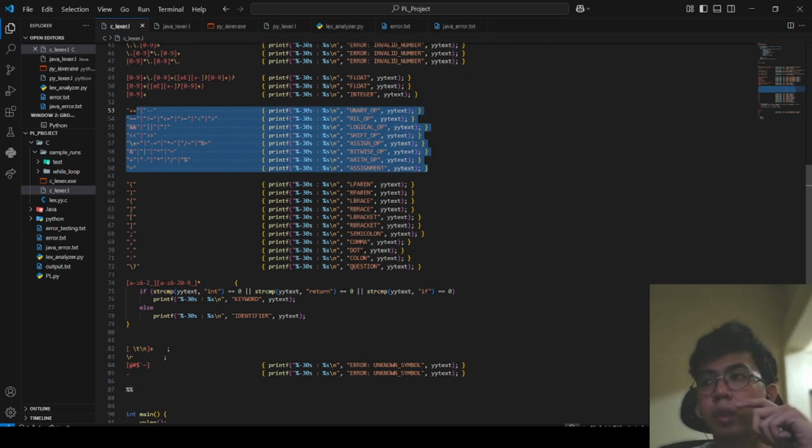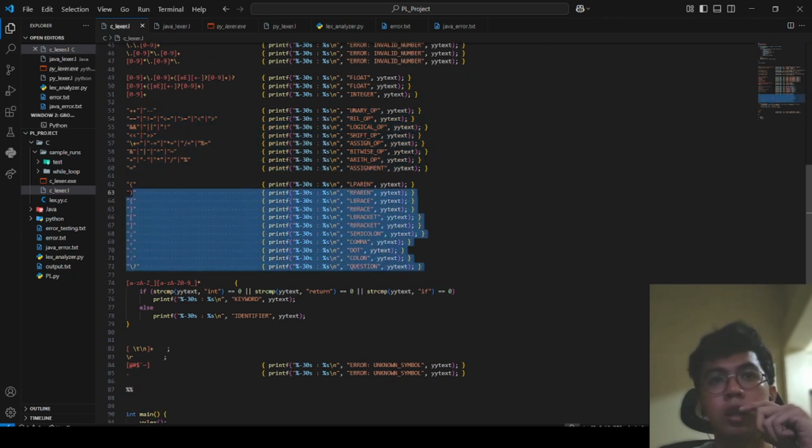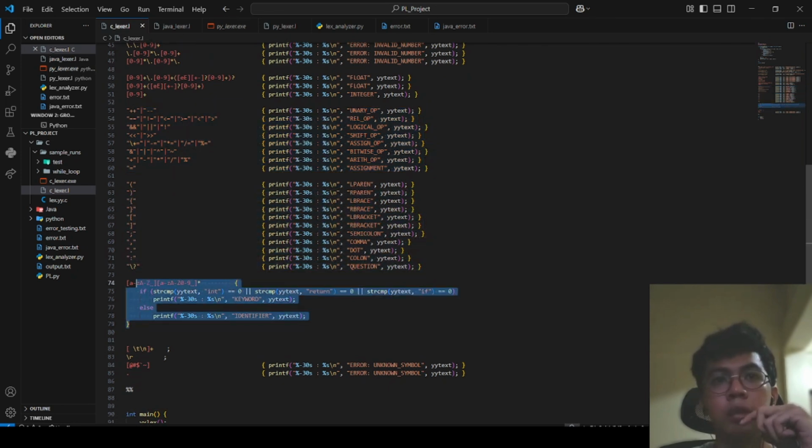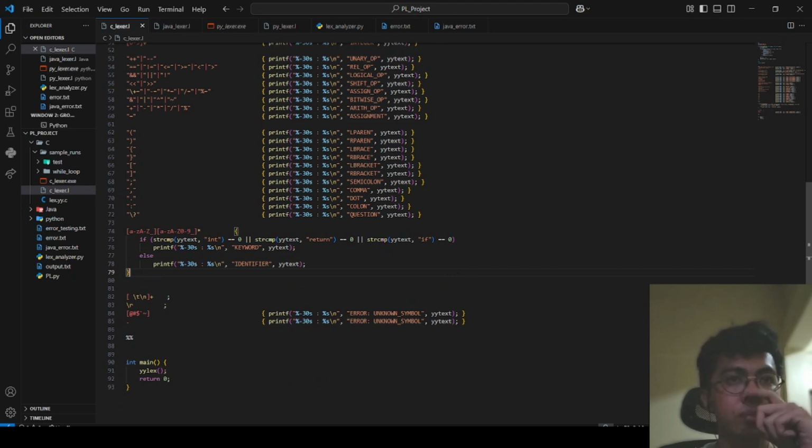Operators, all of the operators and delimiters. Also keyword and then identifier. This one is for the white spaces to be ignored, and this one is for unknown symbols.